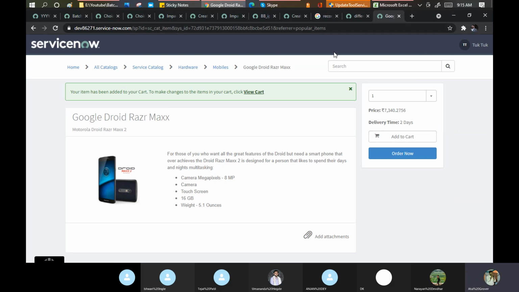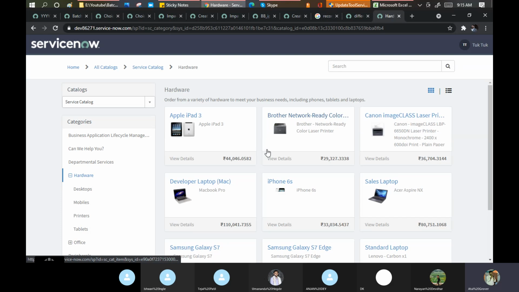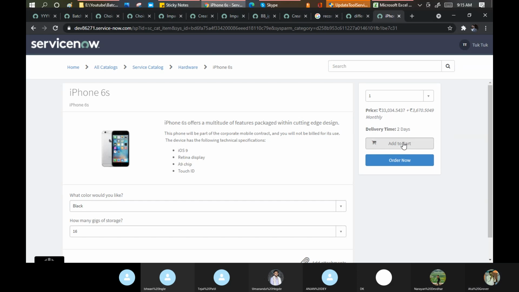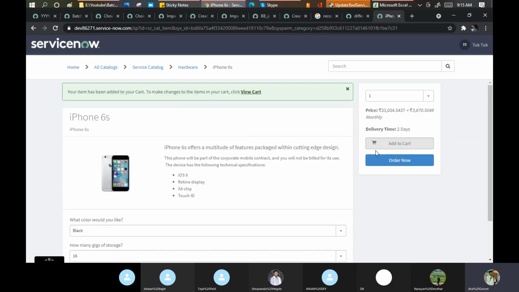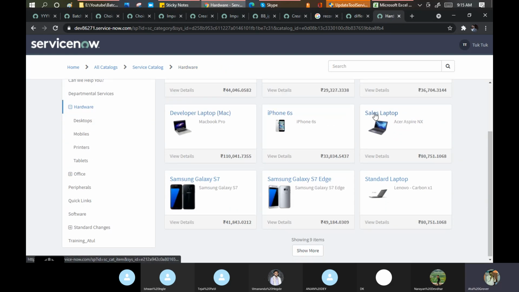Now someone doing R&D might remove the cart now here. Right, Tejal? Okay, let me put one more item here. iPhone 6s. If anyone gifts me an iPhone, buddy. Add to cart. Now let me put one more order here. See, the thing I want to show you is the functionality added in the Paris release.